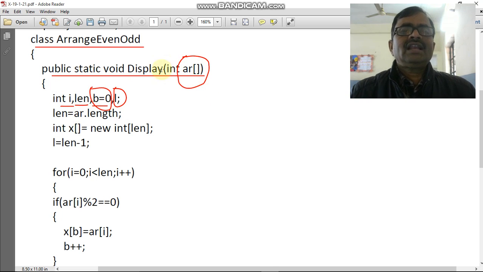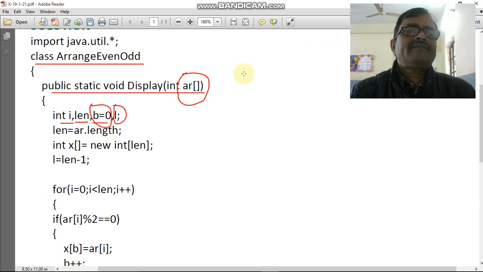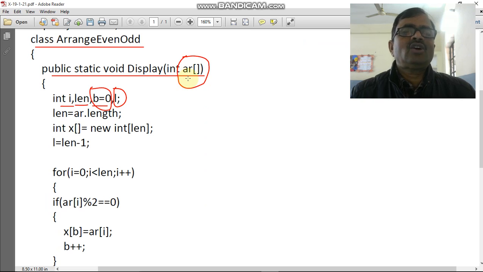So this is the line public static void display(int ar[]). You know that when you run this program, what will happen? It will display a dialog box. In that dialog box we have to input 10 values as I have given here, this 4, 5, 6, 7, 8, 2, 1, like that. After that we have to take the length of that, how much we have taken. So len = ar.length. This all of you know, ar.length. Length is a property which is used to take the length of the array, without parentheses.